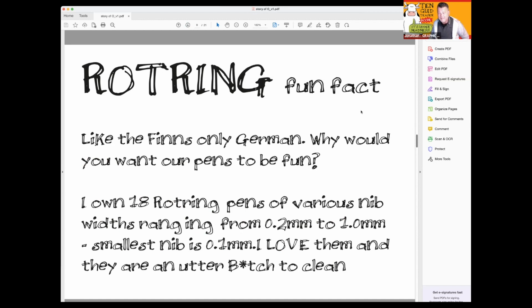I own 18 of various nibwits. Nibwits, that's a good word. Ranging from 0.2 millimeters, that's really, really tiny, up to 1 millimeter. The smallest nib that they make is 0.1 millimeter. Love them. Never let them dry out because they're an utter mare to clean.